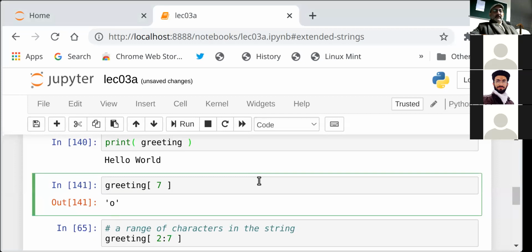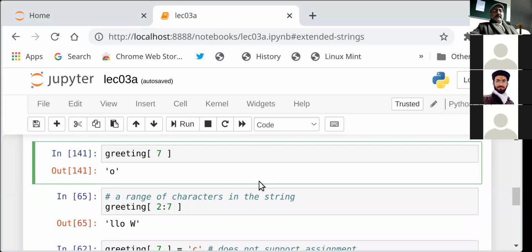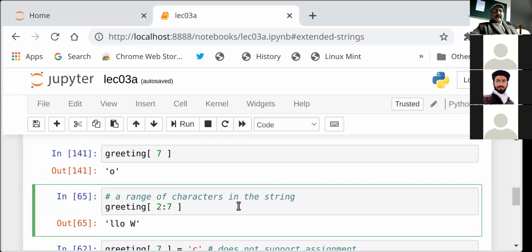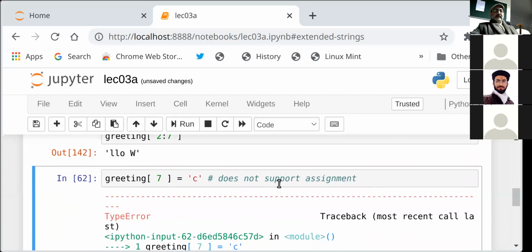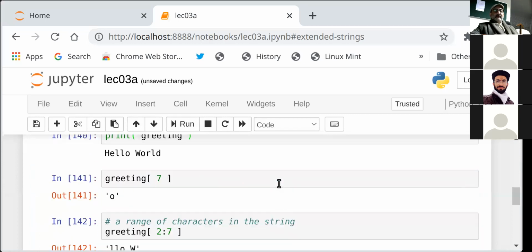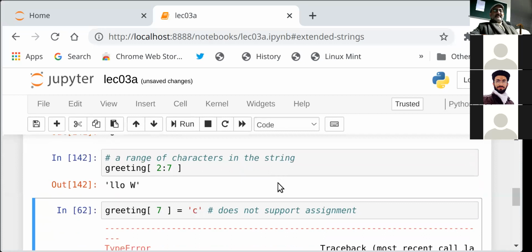For instance, if I want the characters from 7 to 9, so I'll say 7 colon 9. That's right. So if I wanted from 2 to 7, then I run this, and what this says is from 2 to 7, the characters are LLO space character